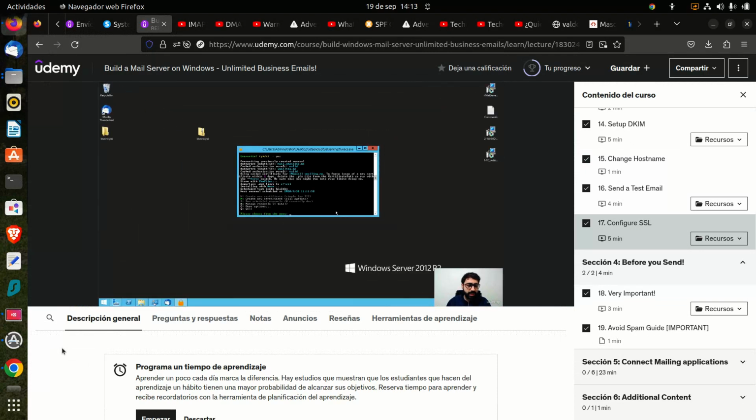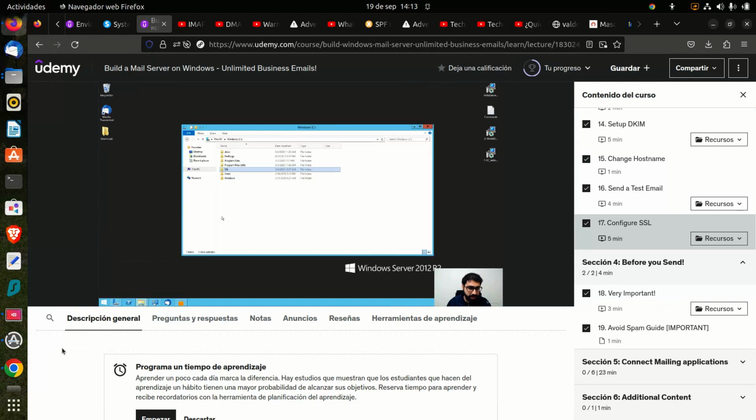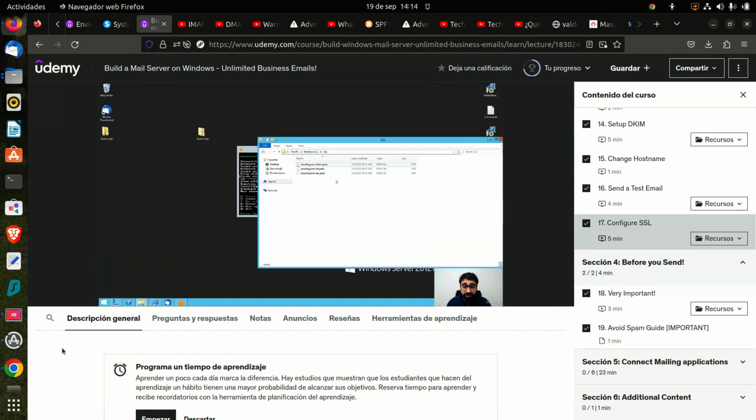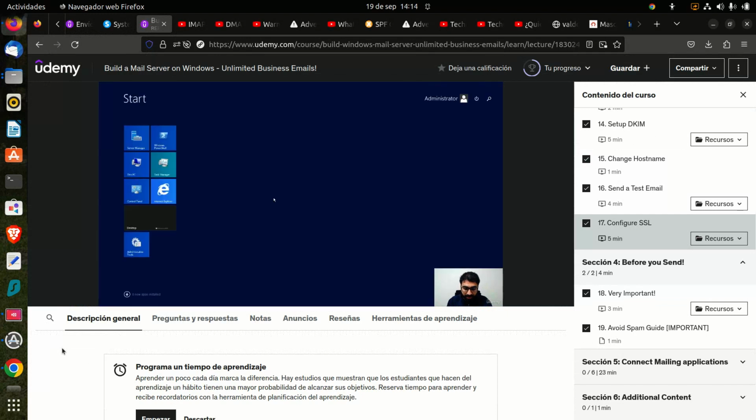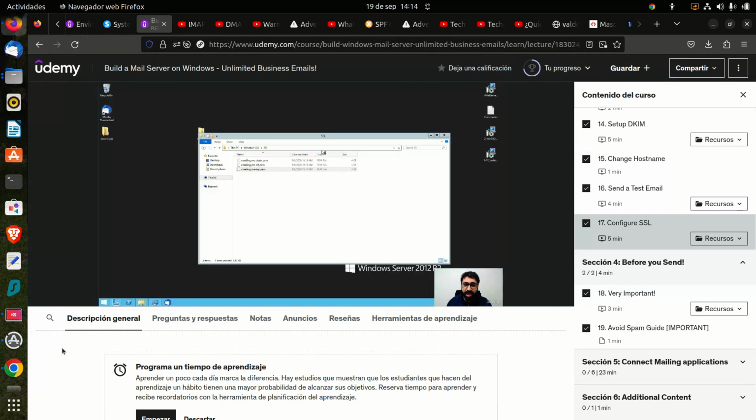Very nice. Let's go to my C drive, SSL. And here we are. You can see we have these 3 files. We are going to use the certificate file and the key file. Let's close this application now and open HMail server. I hope the idea is somehow simple. Click connect,